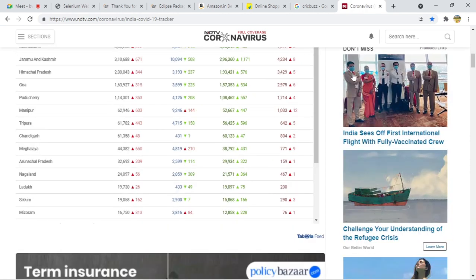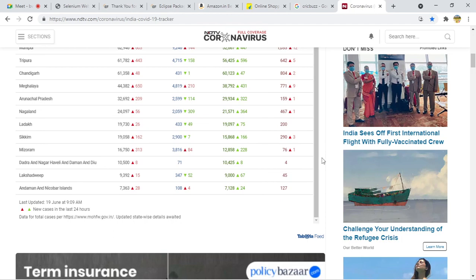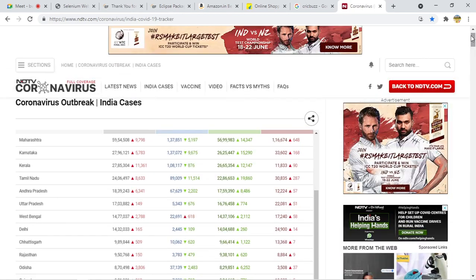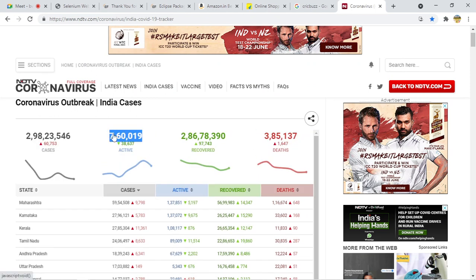But we will write some Selenium code here. The Selenium code will calculate the total number of cases, and we will check whether it is equal to this one or not. We will see that later. All these things, Selenium will help us do, and it will remove all the manual tasks. That is the high level overview I am giving of why we are using Selenium.